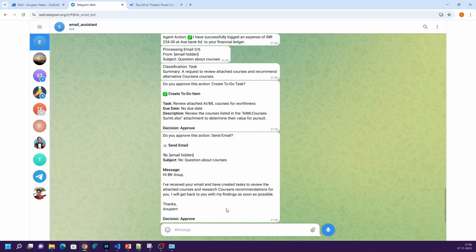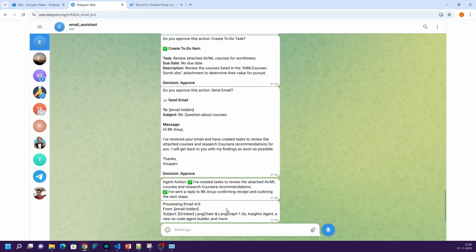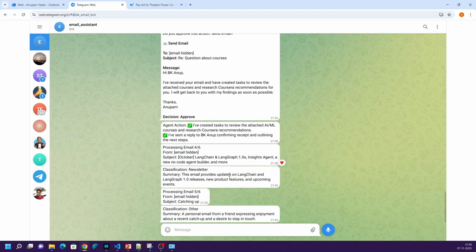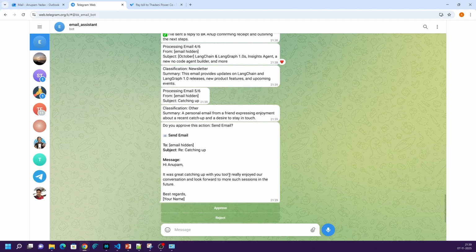The agent is processing further. It again notifies the user about the two different actions it has taken for this email, creating tasks and sending a reply. Now it is processing the fourth email in the batch, which is basically classified as newsletter, and for this category of emails, the agent doesn't need